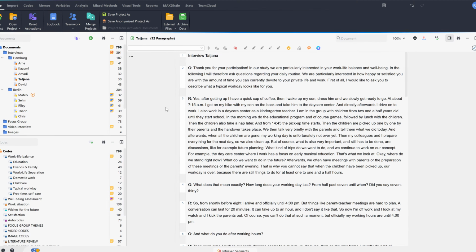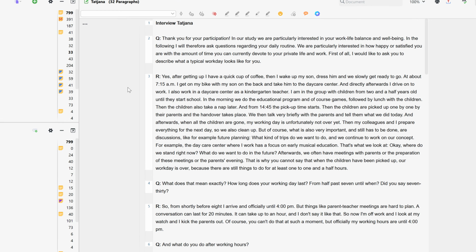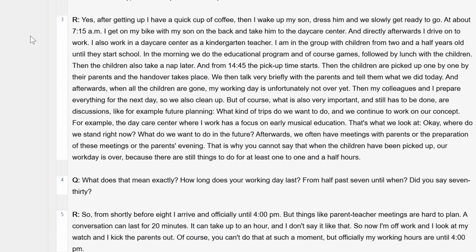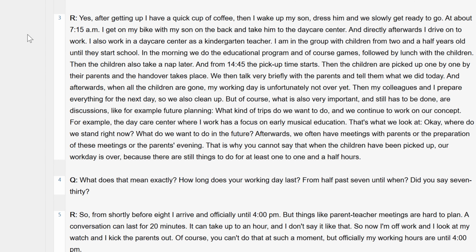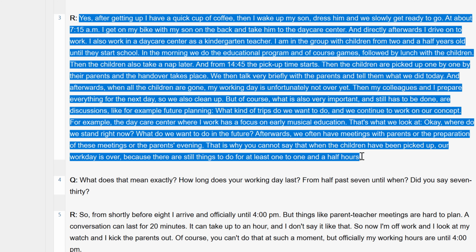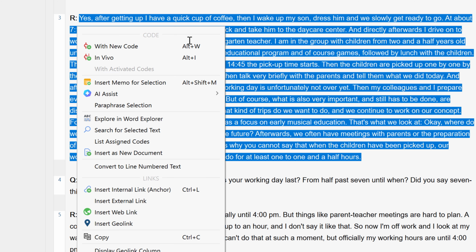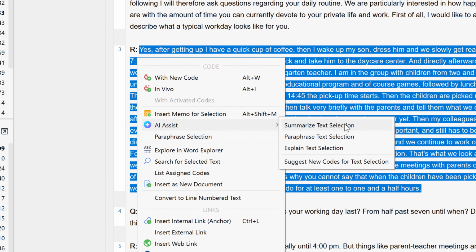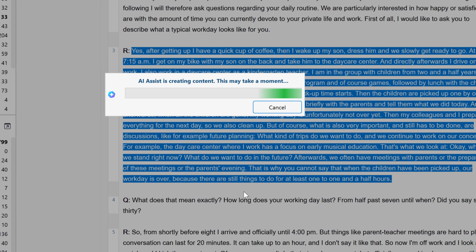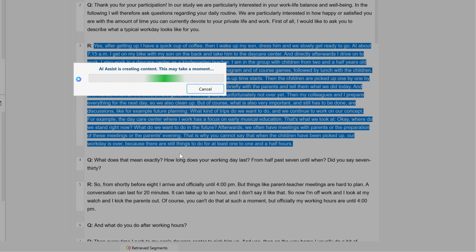But it's not just complete documents that we can summarize with the help of AI Assist. Individual selections of text can also be summarized. For example, a person's answer to a question in an interview. To do this, we simply select the segment that we want to summarize, right-click on the selected segment, and then select AI Assist, Summarize Text Selection from the context menu. If we now click OK, the summary will be displayed in an in-document memo on the right-hand side of the